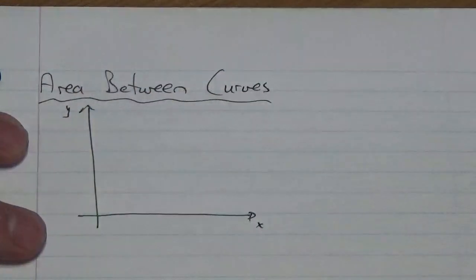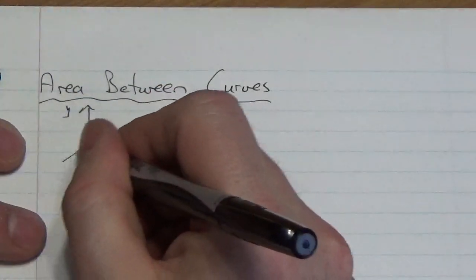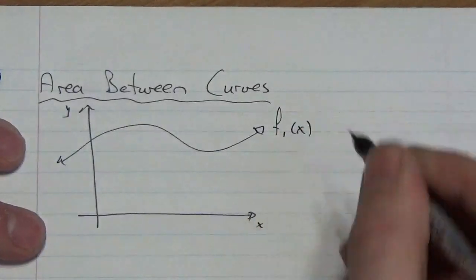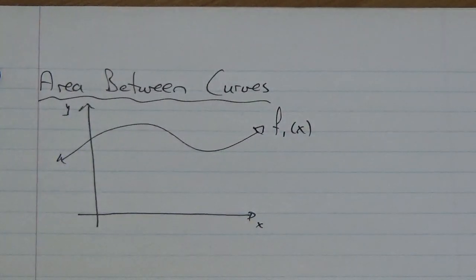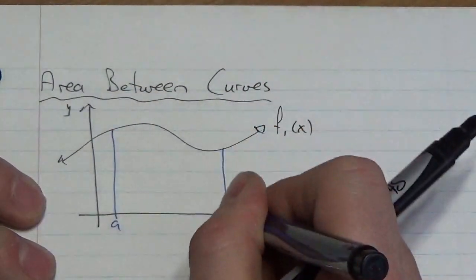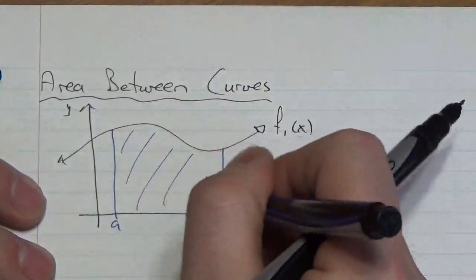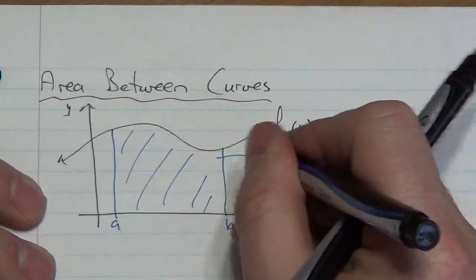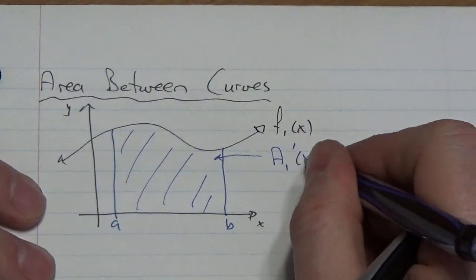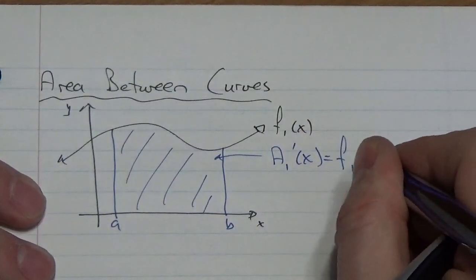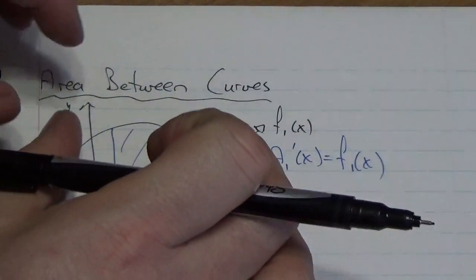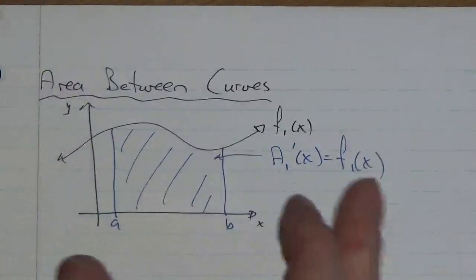my y. If I've got a function, let's say something like this, and let's say that this is my f1 of x, I can determine the area beneath this curve between a and b, because this particular area function, remember how this works. The derivative of the area function is going to equal the function that we're finding the area under. So I can figure out the area between a and b,